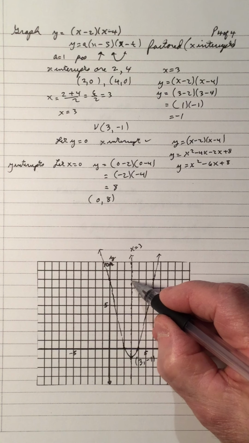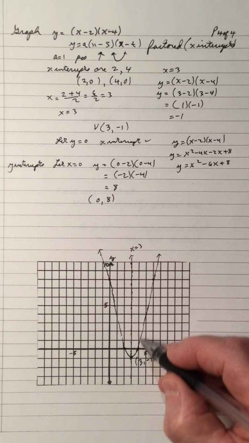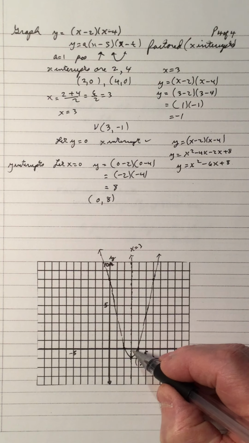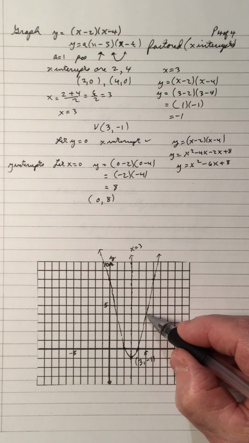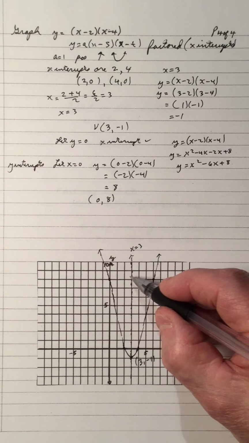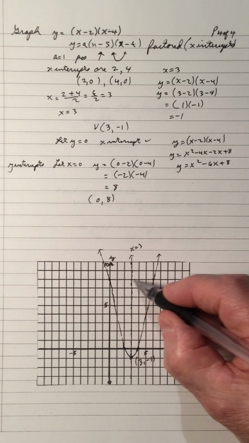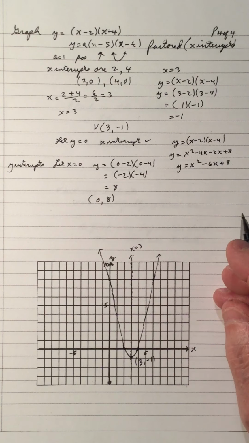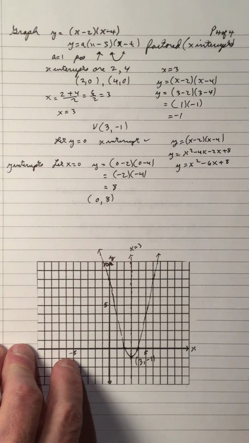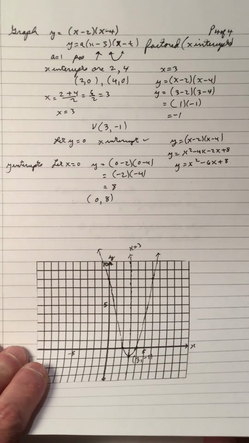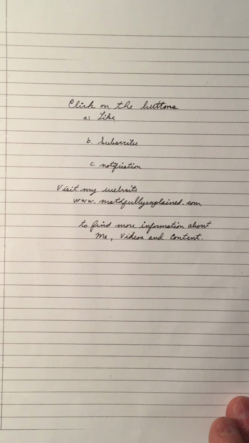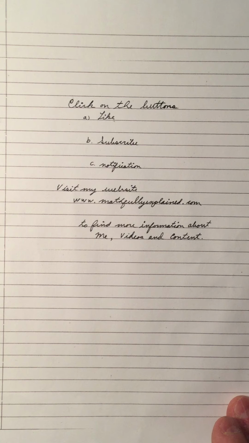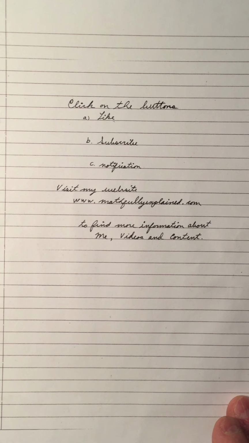And remember, as you move 1 unit to the right of the axis of symmetry, the y values are the same. As you move 2 units to the right, the y values are the same. As you move 3 units to the left and right of the axis of symmetry, the y values are the same because the graph is symmetrical. So that's graphing different forms, but you're always using x-intercepts, y-intercepts, etc. Because when you let y equal 0 and x equal 0, you get the different intercepts of the graph, and